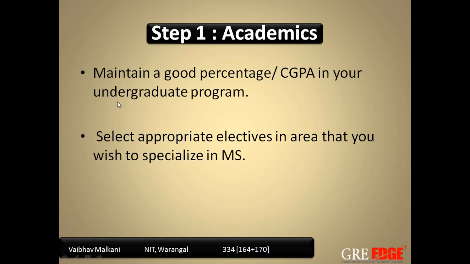Okay, so the first step to get into a good university is to aim for academics. So you should always maintain a good percentage or good CGPA, whichever pertains to you in your undergraduate program. And apart from a good percentage, you should select appropriate electives in the area you wish to specialize in MS. Suppose somebody is going for, say, aeronautics, or somebody else is going for some other